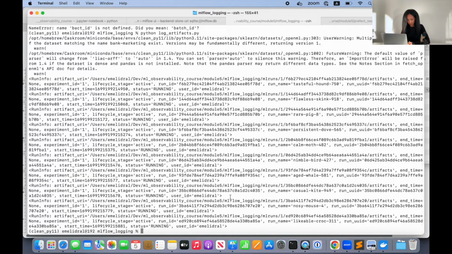And yeah, that's very fast, but if we stop for a second and highlight each single run's string, we will be able to see that here we have the artifact URI, so we know where it logs data in our file system. We have some end time, experiment ID, it's my first experiment, so experiment ID is equal to 1, lifecycle stage active, run ID again, run name, and status running, user ID MLdraw, that's me. Now let's go to our